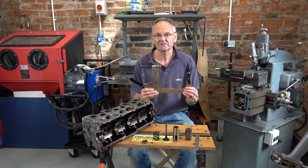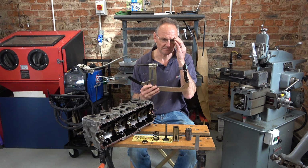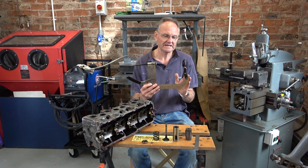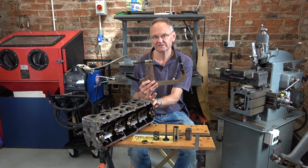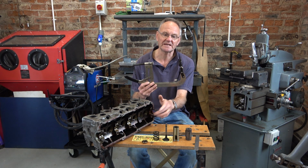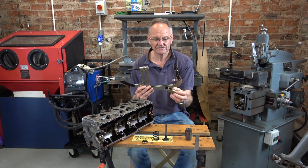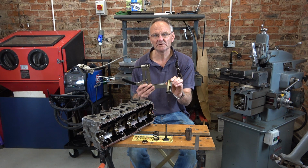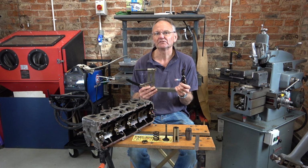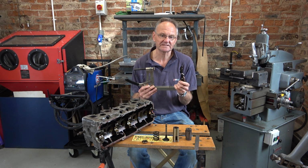I tried to use this spring compressor, which I'd had for my old BMC Minis, and it's not really quite right for this because the cylinder head is a lot taller than we had on the Minis, and the valves sit down in a deep recess. So I made this sleeve to go with it. I'll do a close-up in a minute. I didn't have a lot of luck, to be honest, and I ended up using the press to get the